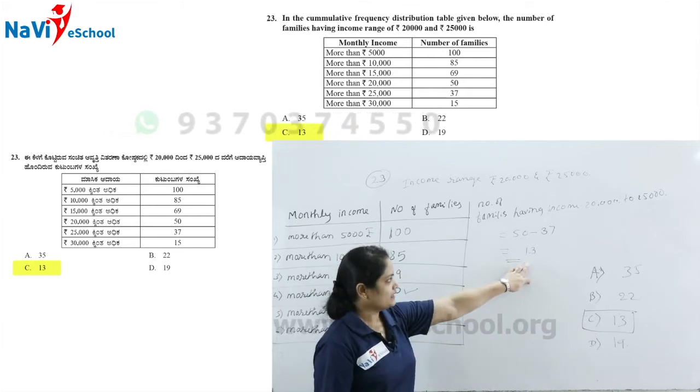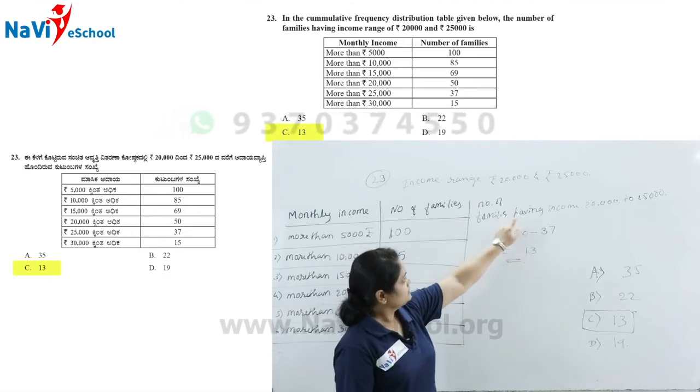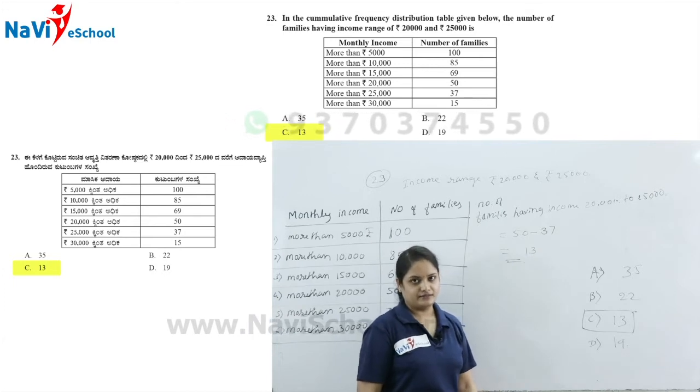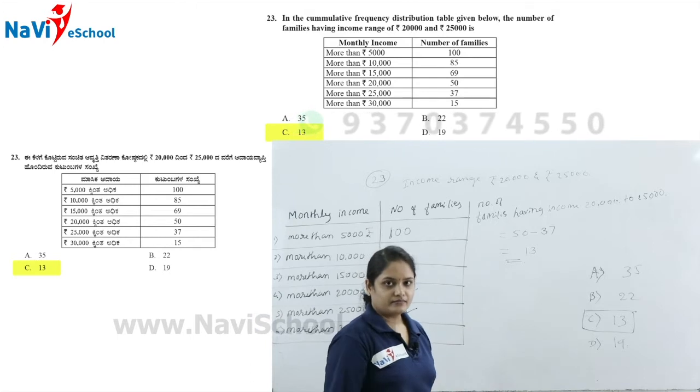13 families are having income in between 20,000 to 25,000. Is that clear, children? Got this one? Next,